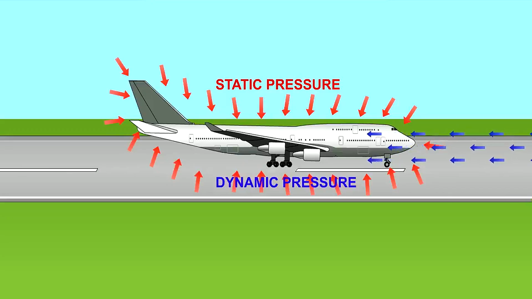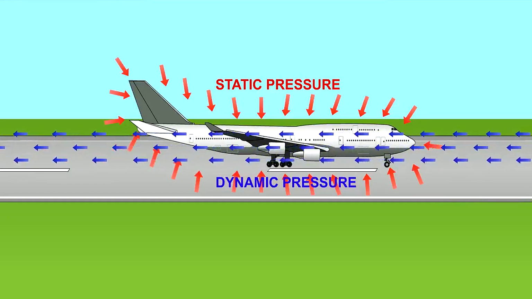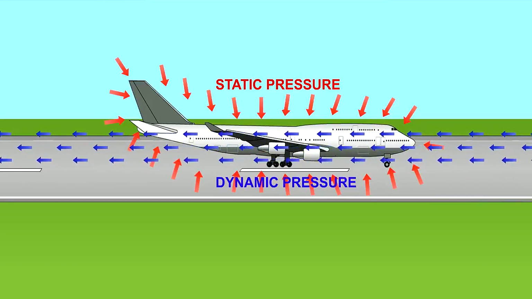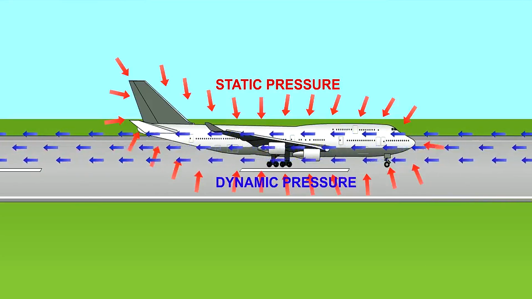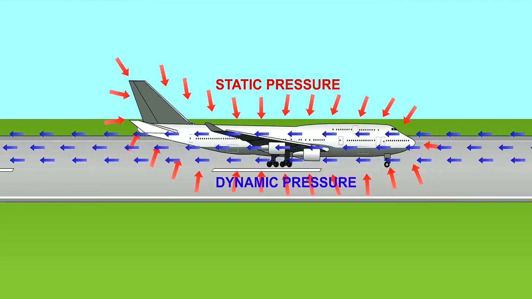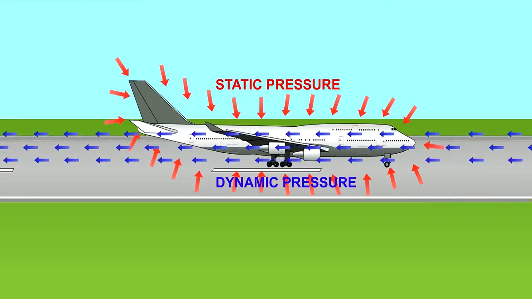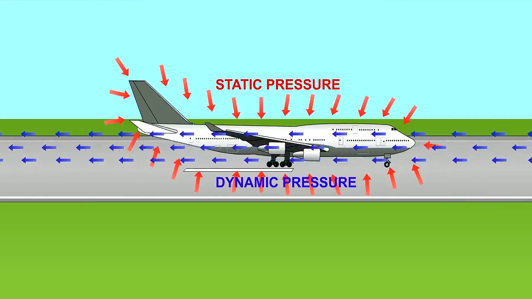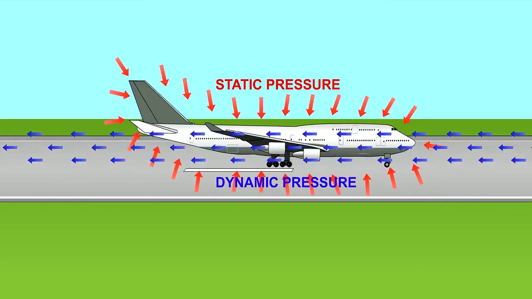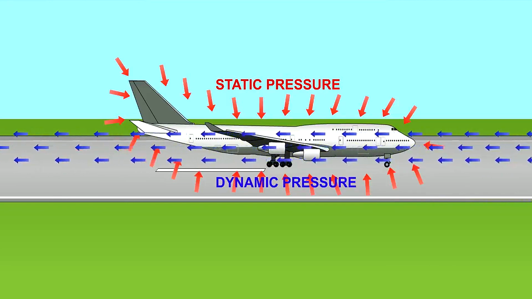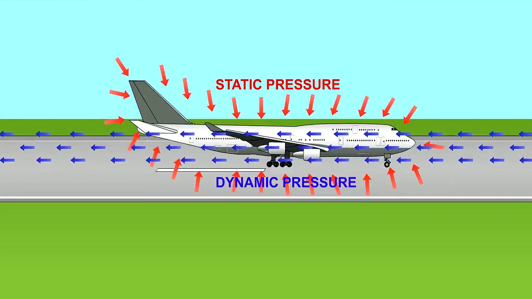If the aircraft now moves forward through the air, the leading surfaces of the aircraft will experience an additional air pressure or impact pressure, and this is known as dynamic pressure. The full dynamic or impact pressure will be experienced when the airflow is brought to rest against the moving aircraft. So we can say in basic terms that dynamic pressure is the force the air exerts when brought to a standstill against a moving body.